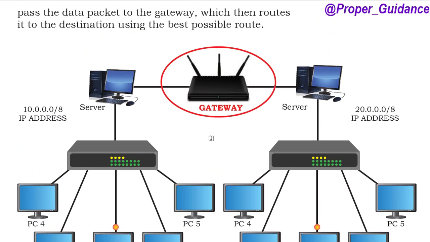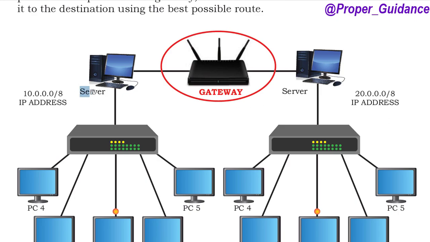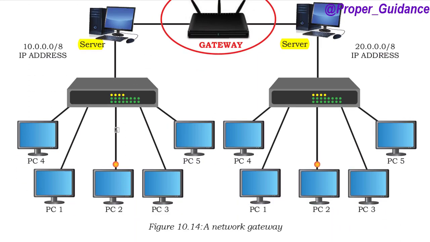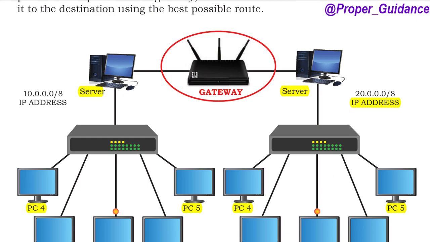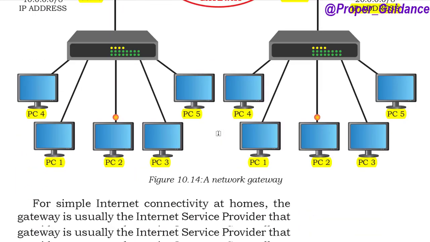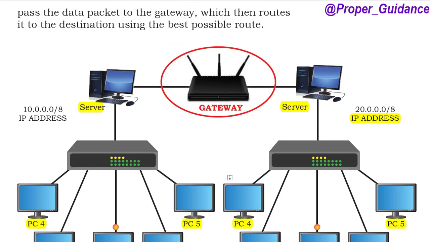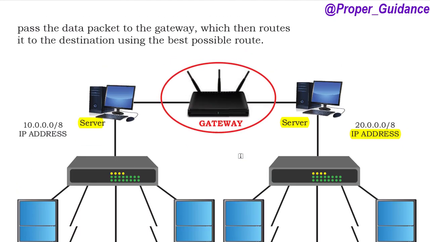Here is a gateway. Here is a server, two servers. Here is a server. This is another server. And you can see PC1, PC2, PC3, PC4 and PC5. This is a network, and a different network for this IP address. We can see here also PC1, PC2, PC3, PC4 and PC5, a different network. Now this is the gateway and we will choose our network gateways here. When the server is sending something, it will pass through it and it will check the route, the proper destination